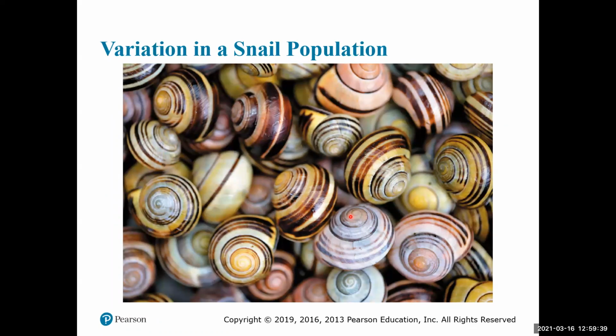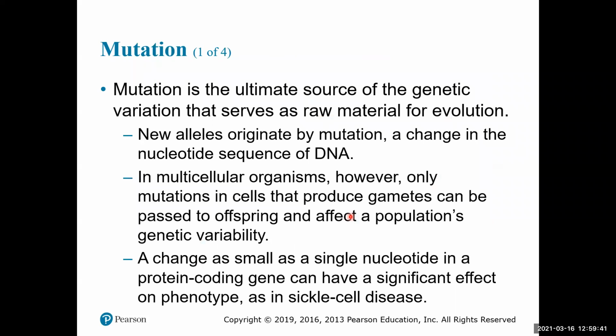And so now how does this variation come about? Primarily it comes from mutation. Mutation is the ultimate source of genetic variation. It serves as the raw material for evolution and serves as that variation source. New alleles will originate by mutation, so just a change in the nucleotide sequence. So let's say you have a sequence that is made up of these base pairs. So let's say you have A, G, G, C, A, right? And this codes for